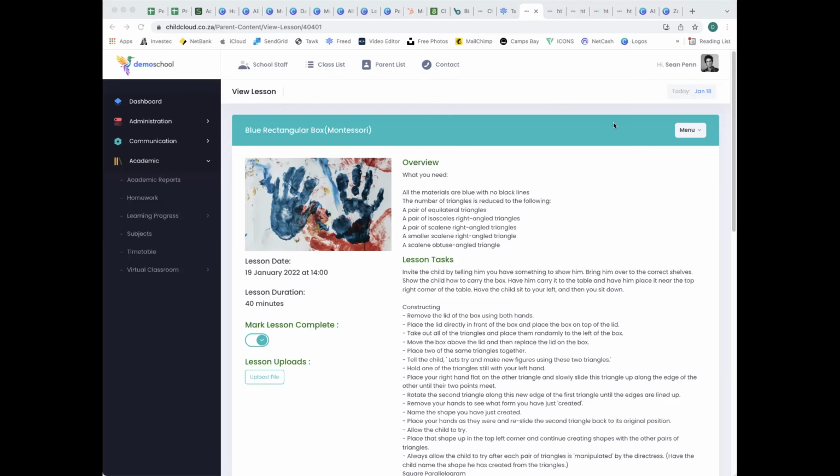You said that the app is only on Android. So 78% of our parents, we've got about 40,000 parents using ChildCloud, and our stats show that 78% use Android phones. If there's a parent with an iPhone, there's quite a simple solution. All they've got to do is on the Apple phone, open up Safari, and then open up the ChildCloud login page. They're going to save that to their